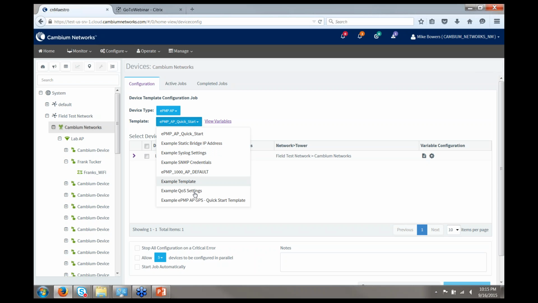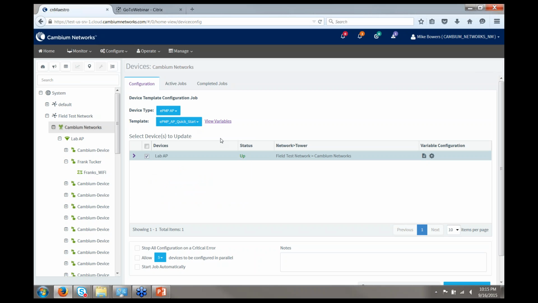So here we have a number of different templates. This particular ePMP AP Quick Start template is one that we looked at before. So we could say we'd like to apply this template to this ePMP AP, and